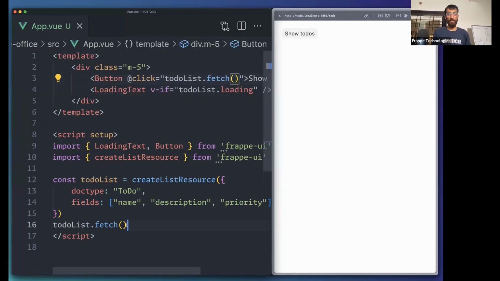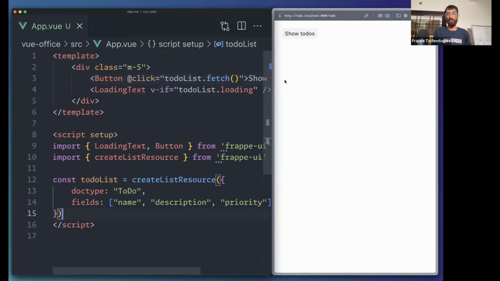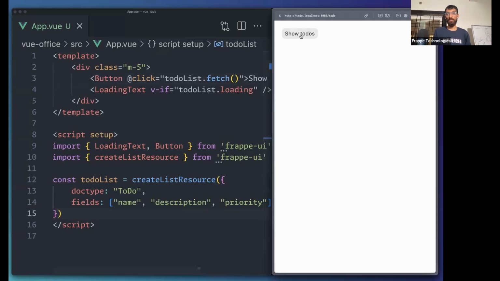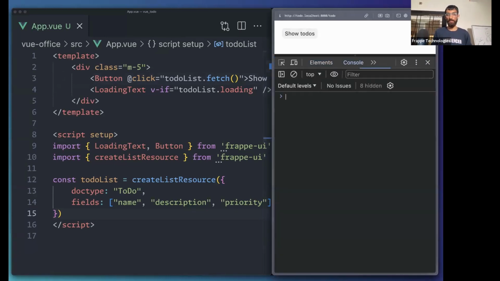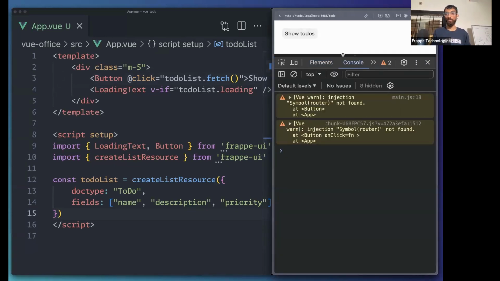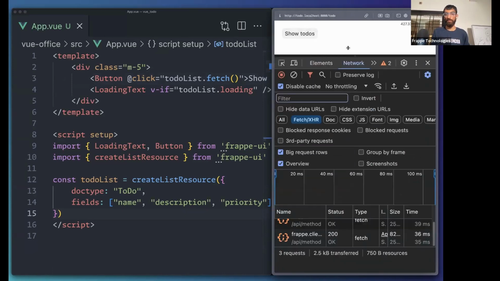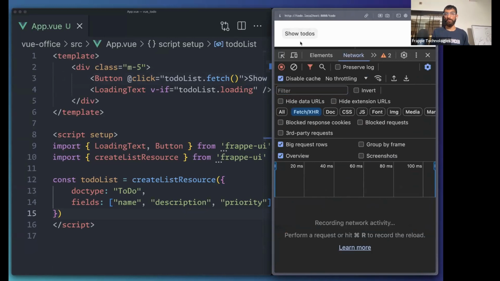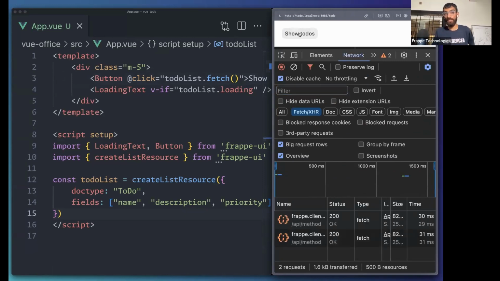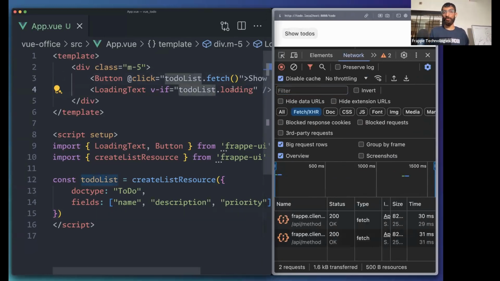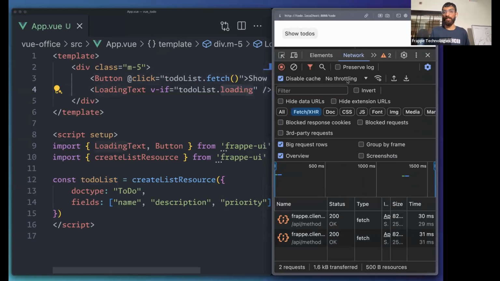And instead of fetching manually, now I'm fetching on click. Let's see the JavaScript console. Is it fetching or not? We'll find out. Yeah, it's fetching, but it is fetching too quick. We are not able to show the loading spinner. So if I again do the throttling,